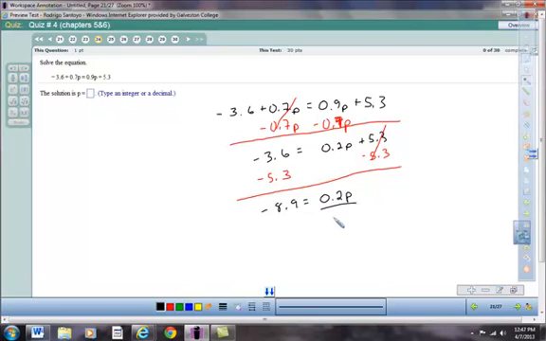Now I get p by itself by just dividing. And when I divide negative 8.9 divided by 0.2, I get a solution of 44.5 to equal